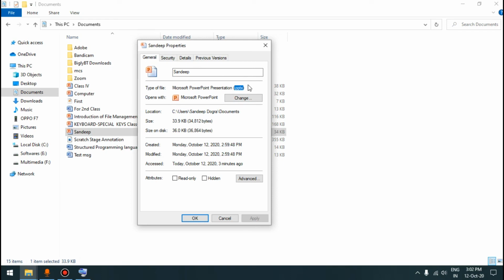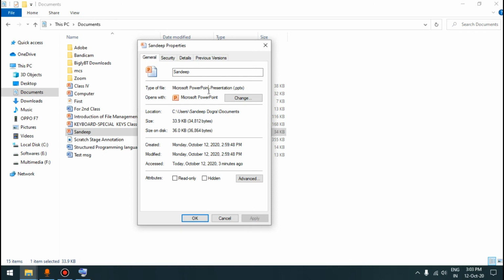So this is the extension of Microsoft PowerPoint presentation files, .pptx. We will discuss more about extensions in higher classes. For the time being, just remember that Microsoft PowerPoint files have the extension .pptx.